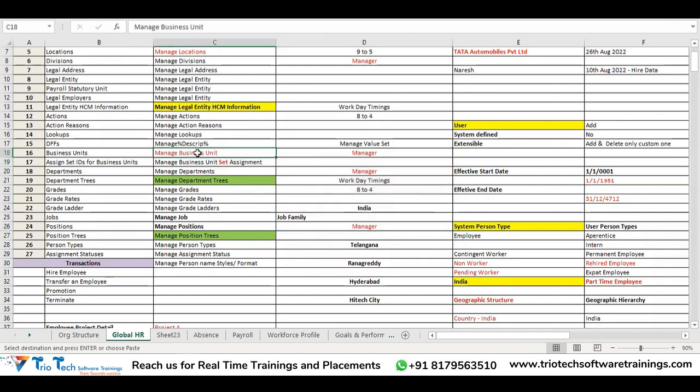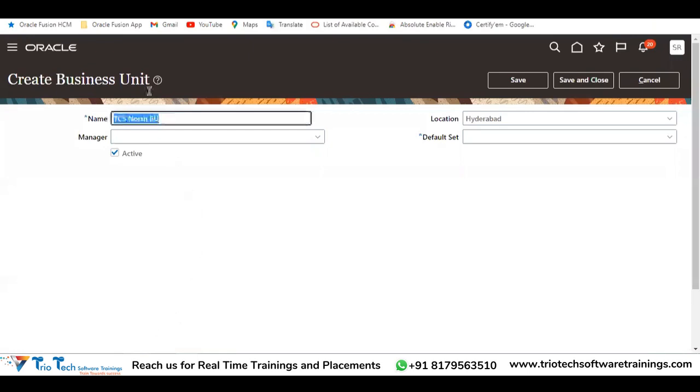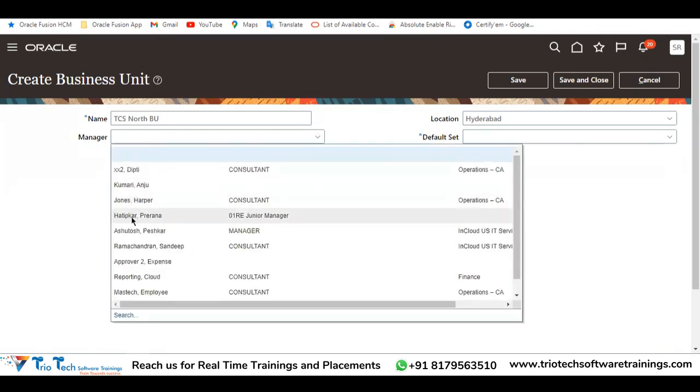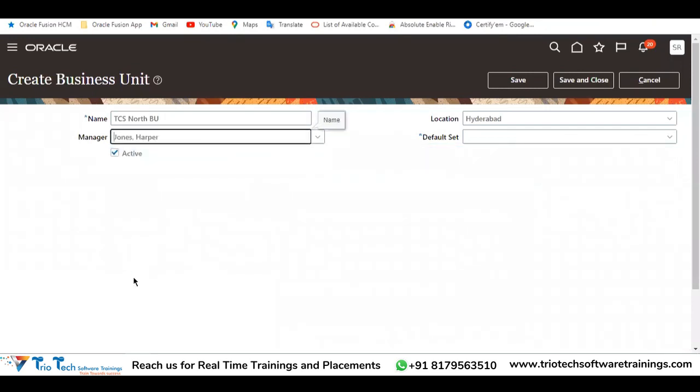What is that one? My client is telling, Kumar, in my organization, for all the employees working in TCS North BU, there is a manager called Mr. Any employee I'm taking here, team, say Harper Jones is their example. Already employee data is there in the system, so I'm using that one, team. So I have someone called Harper Jones. So while you are creating a BU, if you give the manager details as John Harper